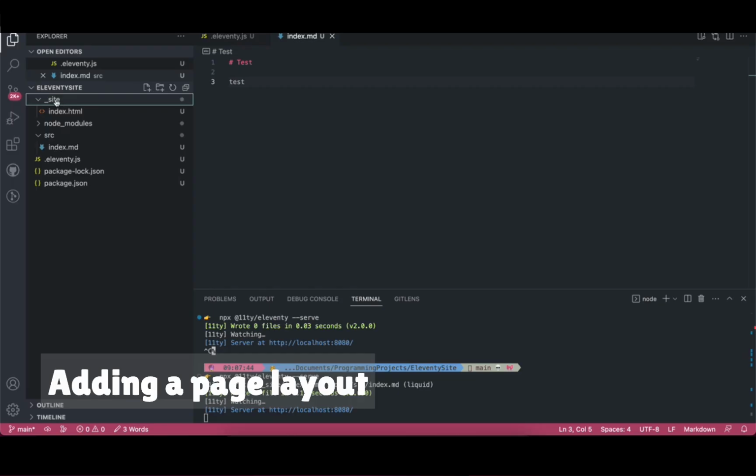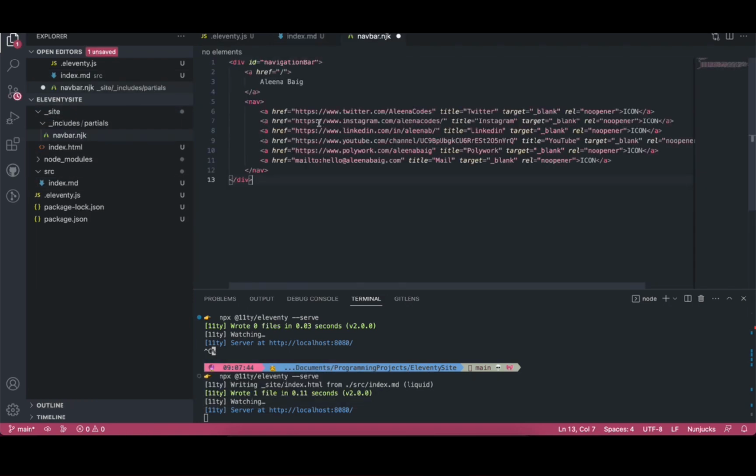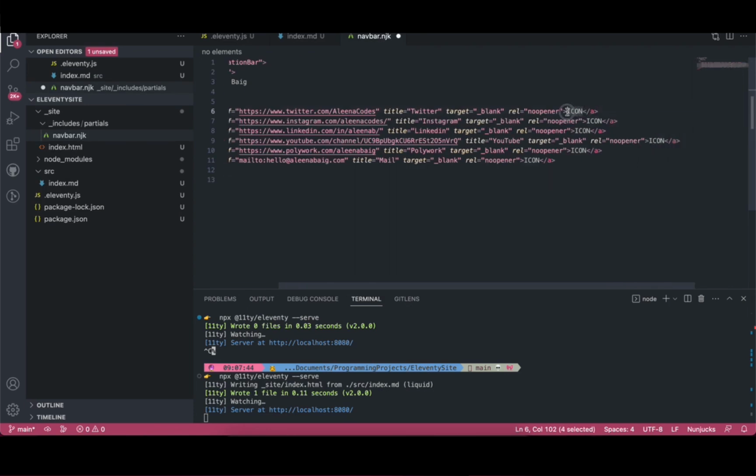So you can see that it was basically super easy to get this set up, and everything was detailed really well on the website, although I haven't done anything exciting yet, so we shall see. I'm going to make a file for the navbar so that I can reuse it on multiple pages, and in here I'll paste some links for social media that I want at the top of every page. I'm putting an icon there as a placeholder for now before I pull the actual icons in.